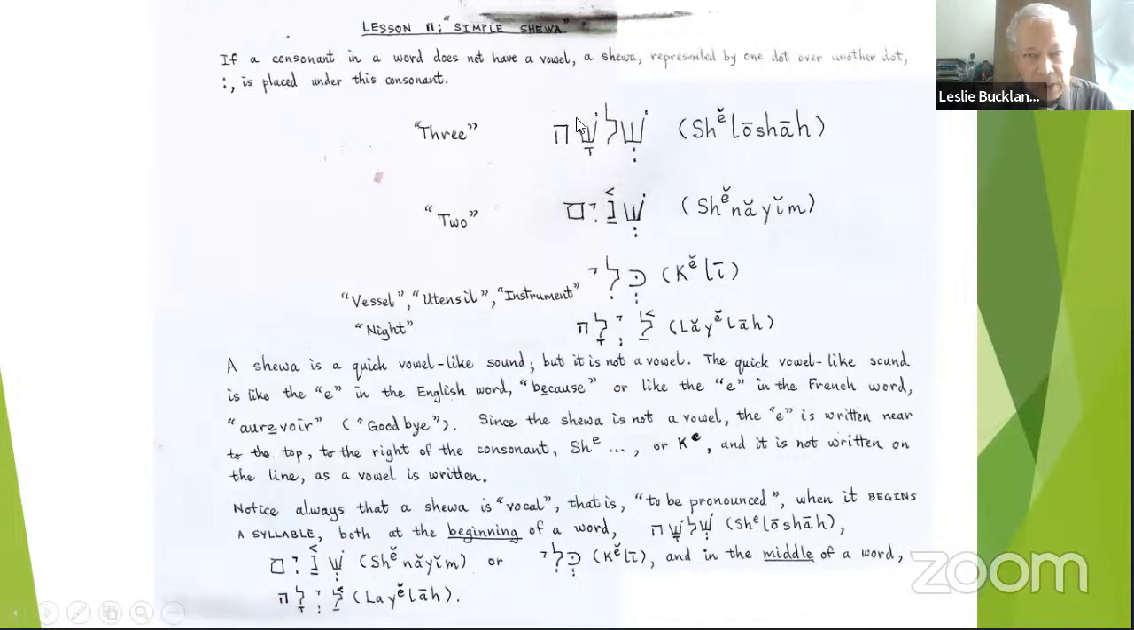Let us look at some examples. Here is the word shelosha, which means three. And these are the consonants, the letters of the Hebrew alphabet. Remember that the letters of the Hebrew alphabet do not have vowels like the English alphabet has. So when I refer to the letters of the Hebrew alphabet, I'm not referring to vowels, but I'm referring to